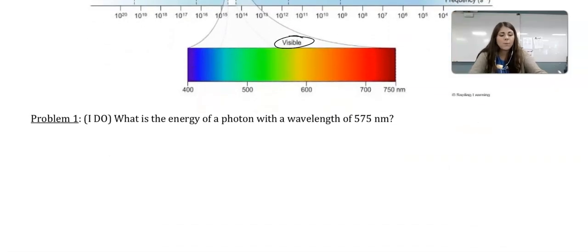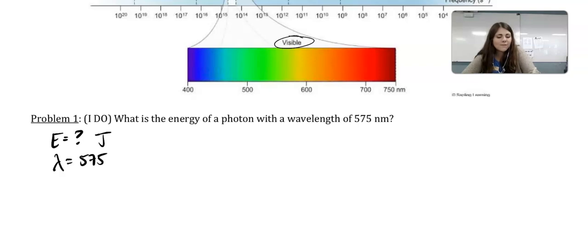All right, let's do problem 1 together just to try some calculations. So here, what is the energy? We're solving for energy in joules with a wavelength of 575 nanometers. So remember, we know these two equations from our equation sheet and from the beginning of our notes. We are solving for energy, but we were only given wavelength. Seeing the equation wavelength is in, I would need to know frequency, which I do not. So here I can